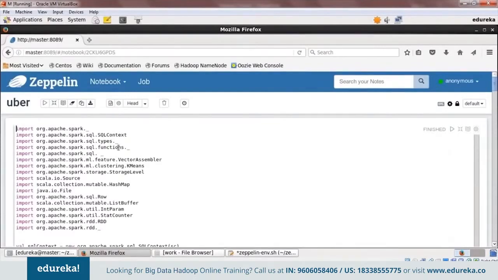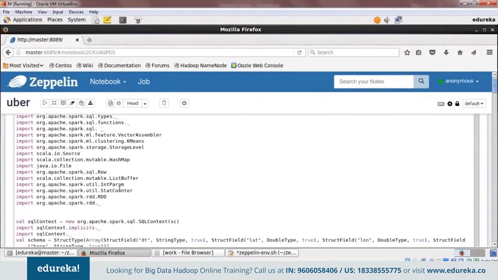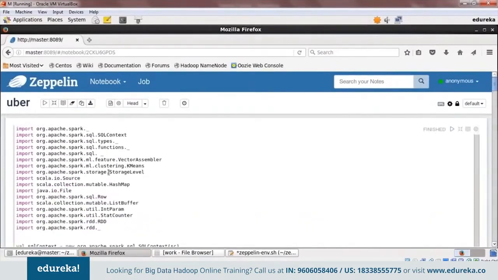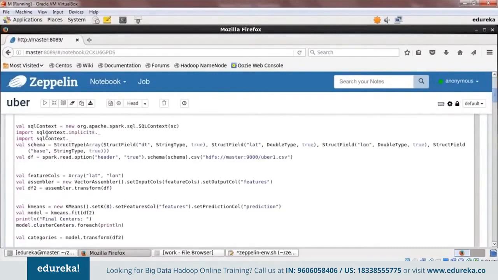The first thing is that, again, we are importing some Spark SQL packages and some Spark MLlib packages because we are going to use k-means clustering. And you can see VectorAssembler here again, Spark ML clustering, KMeans, and other Spark SQL packages. Then we have to start our SQL context, and we're doing it the same way. Then, again, we have to define a schema. Now I don't have many fields. I've got only 4 fields if I remember. The first field was the date and timestamp that defines the time, so we're defining it as DT. And the next fields are the latitude, the longitude, and base.